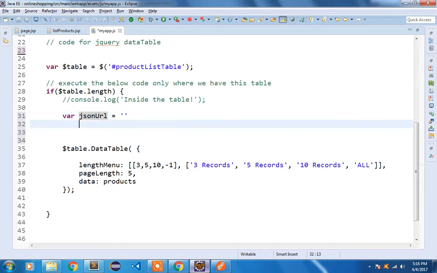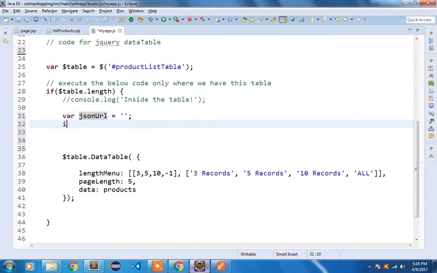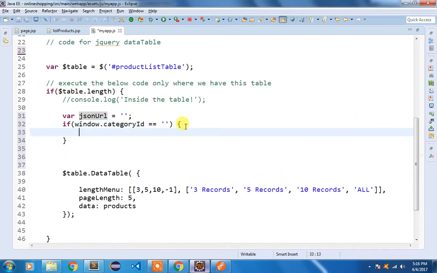So right now it is empty. And I'm going to check if window.categoryId is equal to an empty string. If it is an empty string, it means the user is asking for all the products. So our JSON URL will be equal to... Now I want to get the context root. You know the context root is stored inside our window object. So I'm going to write window.contextRoot